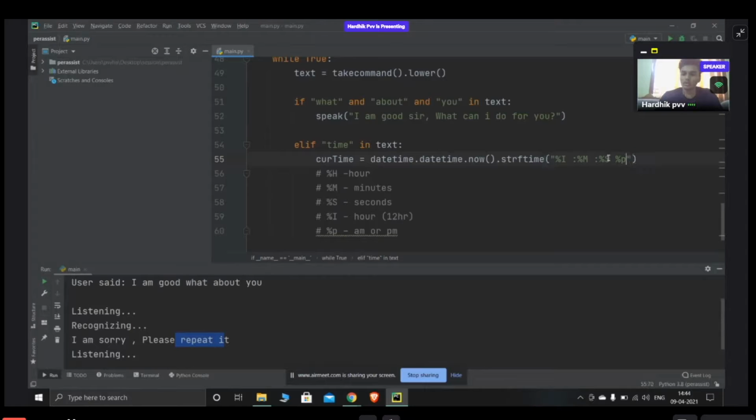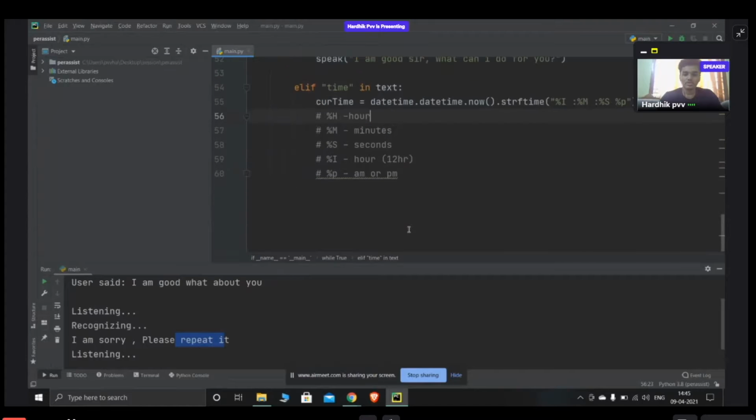Now, due to these commands, it takes the time in the string format and stores it in a variable called current time. So I'll leave this in the same way, so you can use it later on. You can see this when you get the code.